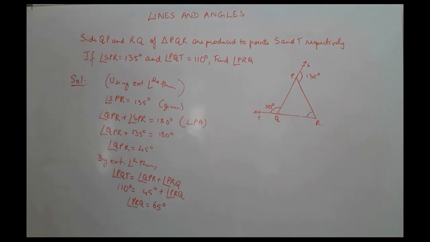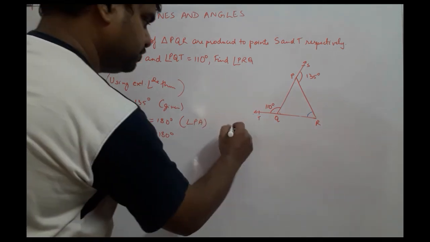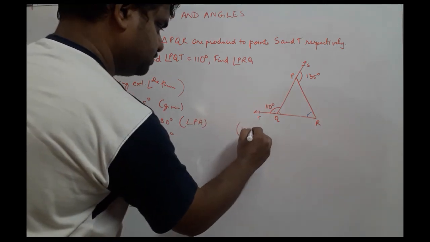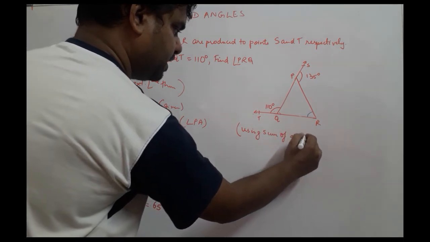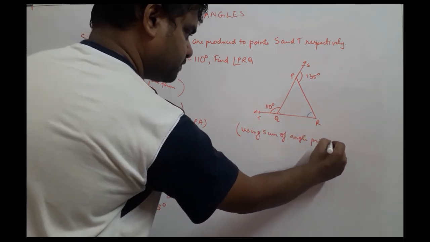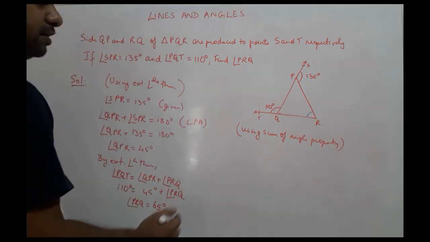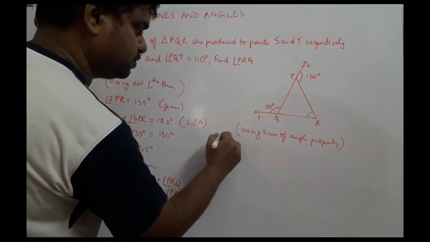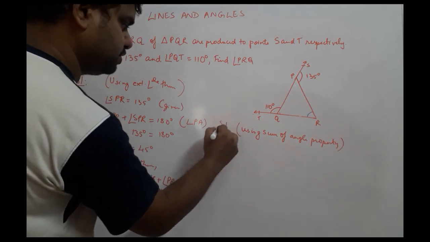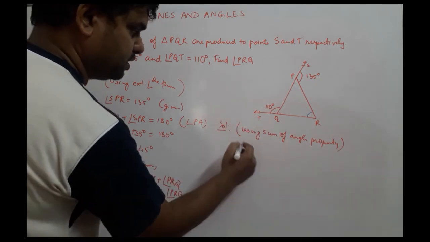But if we were to use just the linear pair angles for both, we can solve it using the sum of the angle property. Let's see how we can do that. So using, I'll just put this in a bracket, using sum of angle property to solve the same problem. In that case, the solution would be, I'll put the solution over here, same thing, then angle